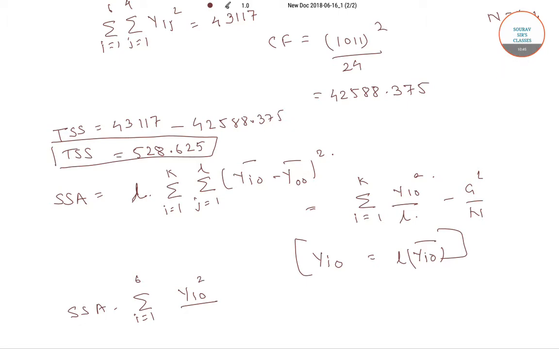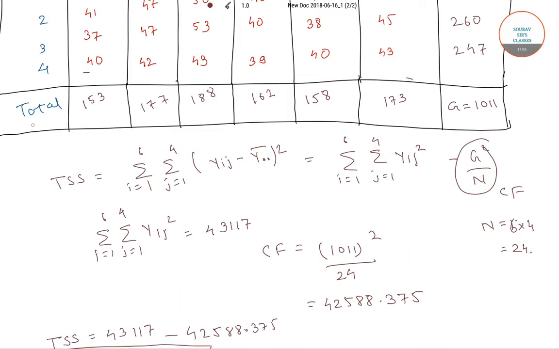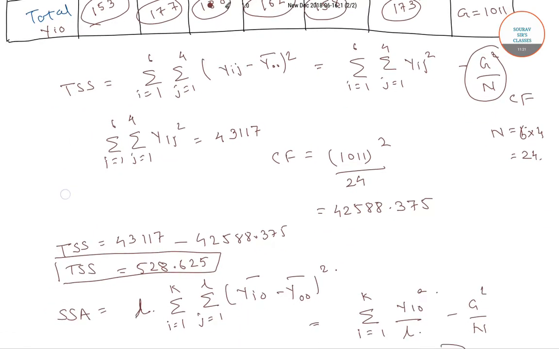So it is yi naught square divided by 4 minus the correction factor, which is 42588.375. Now this yi naught is given here. These terms are yi naught, respective for i equals 1 to 6. So summation yi naught is the summation of all of them. Now here we have to